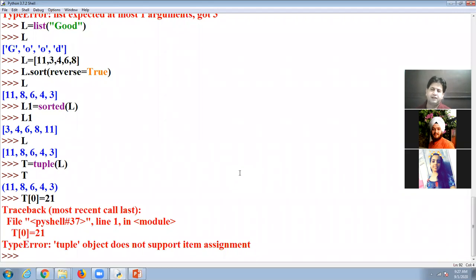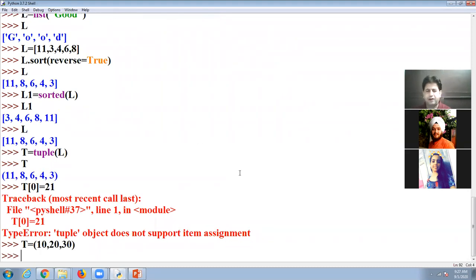So there are two indirect methods, not direct methods. So suppose I have one tuple and its value is 10, 20, 30.